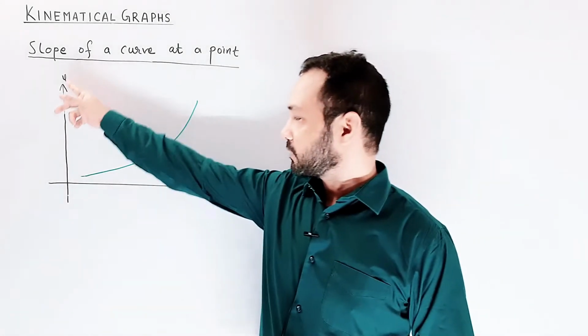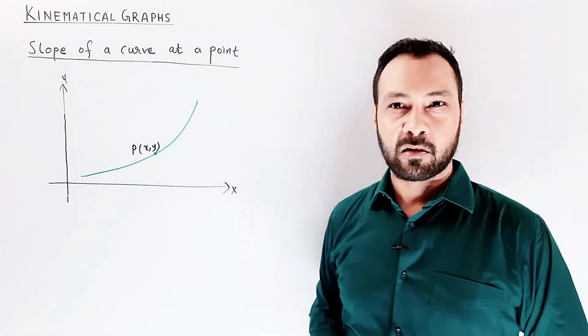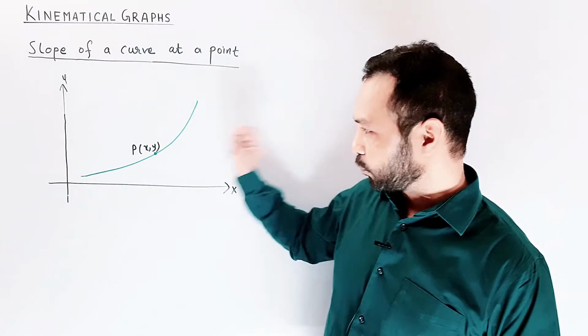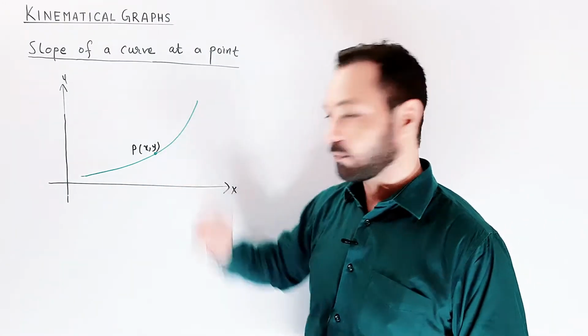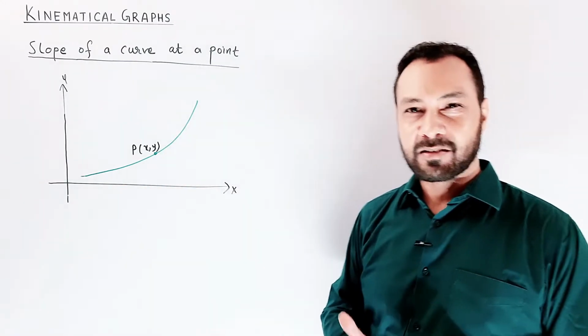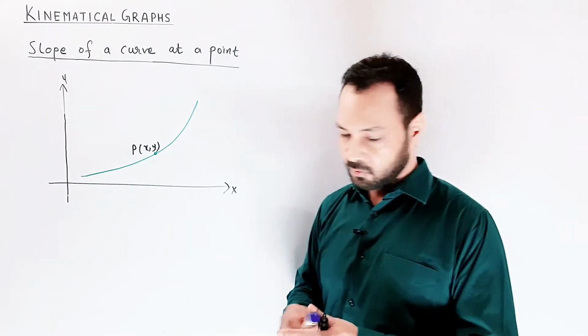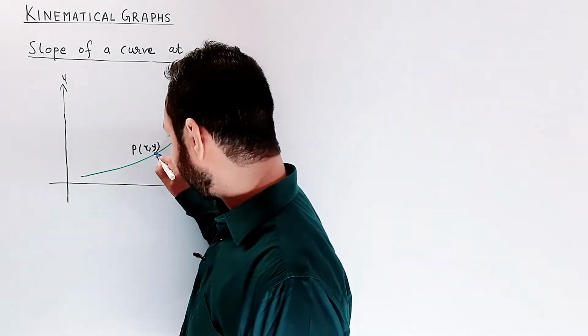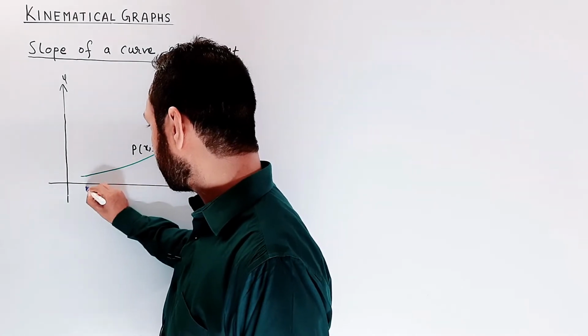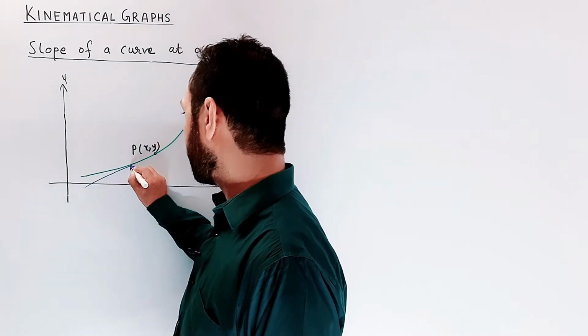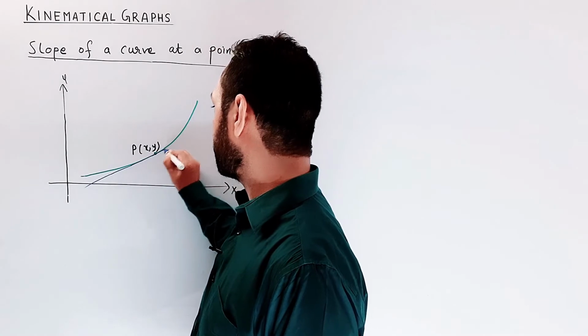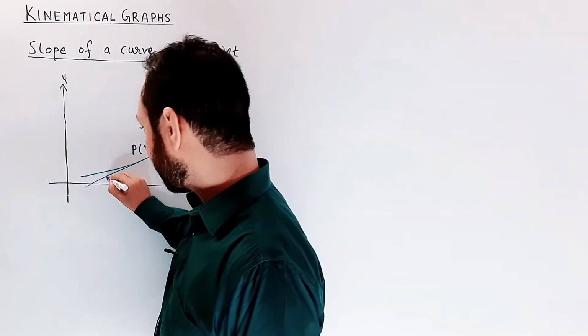Suppose this is some graph between y and x, and we need to find the slope of this graph at point P. So slope tells basically about the inclination from the positive x-axis. To do that, we'll make a tangent at that point like this. Suppose this is the tangent at the point where we need to find the slope,